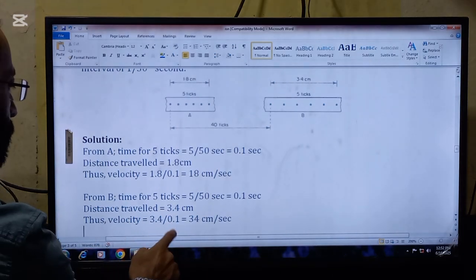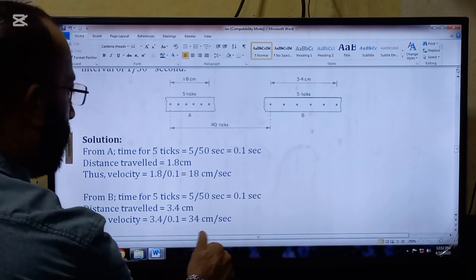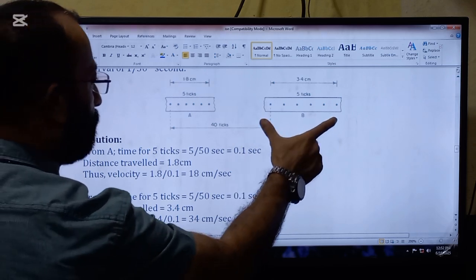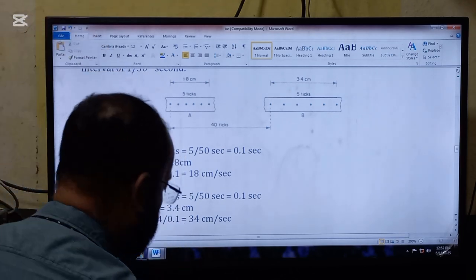Thus velocity is 3.4, meaning total distance over total time. So solve it on the calculator. This will be the velocity for B portion. Okay, now the requirement is